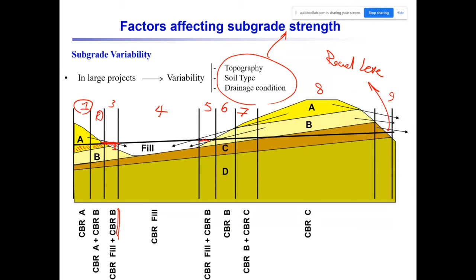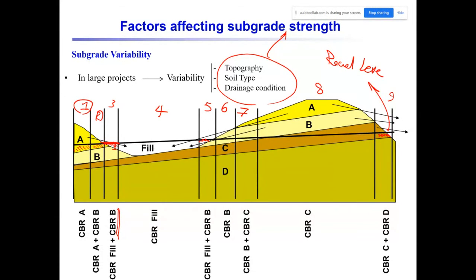for the 9 section, again, look at here, the thickness is not that much. So we need to determine C and D, right? So you can see that we have variation of subgrade strengths. It is not like just conduct a test at one specific point and then determine the subgrade strengths. At different sections, at different parts of the road, you need to conduct a test and